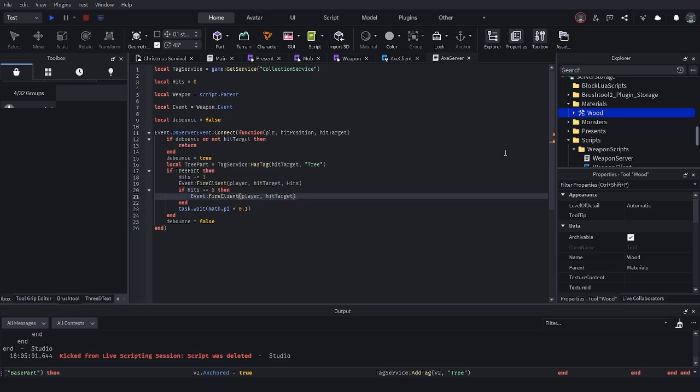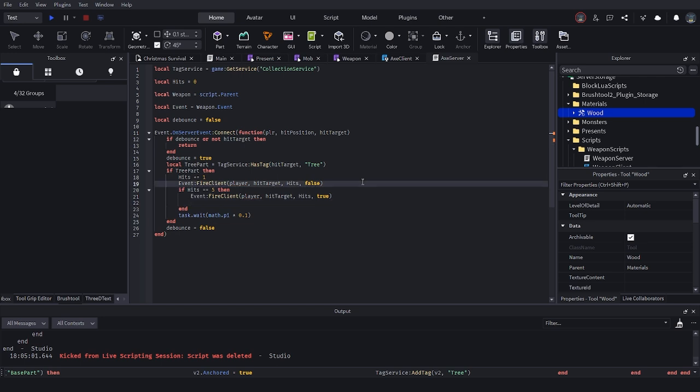I want to make the hit's transparency go down. We're just going to set this to true to say that it is officially gone. Actually, we'll do hits, comma true, and then comma false. There we go. If hits is equal to 5, then